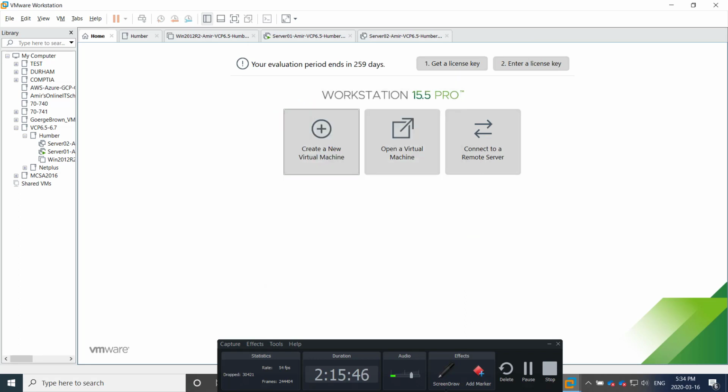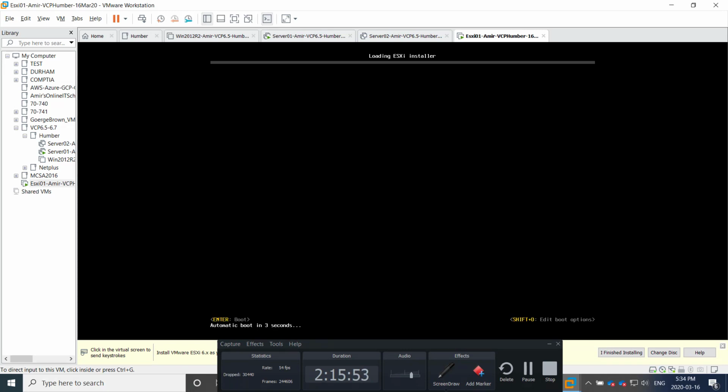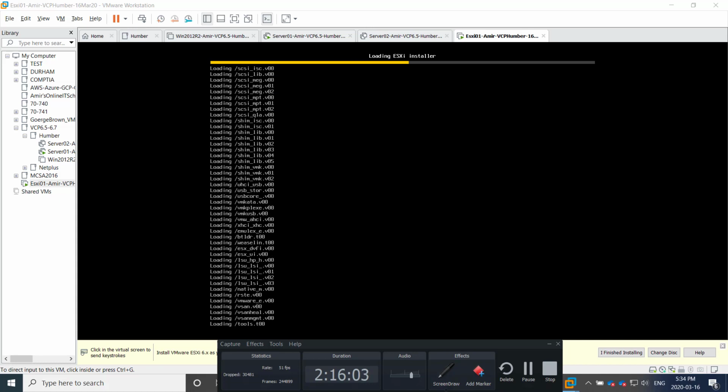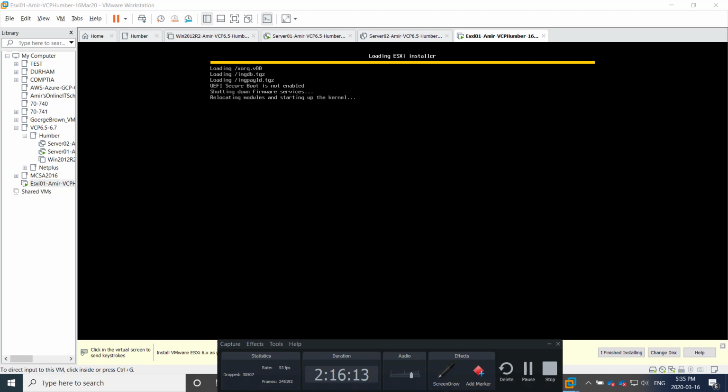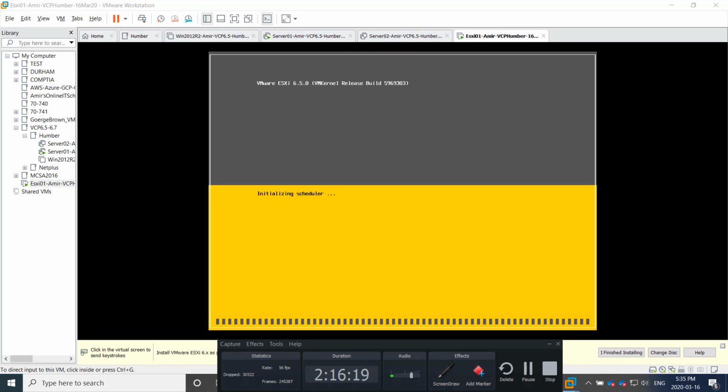Let's click close and finish and power on. So it is powering on now. Okay guys, so now it's installing our vCenter. Well, this is going to load, it's going to take time, so we can just start the other installation